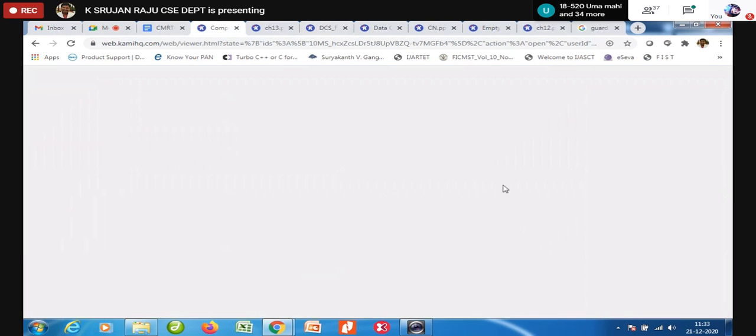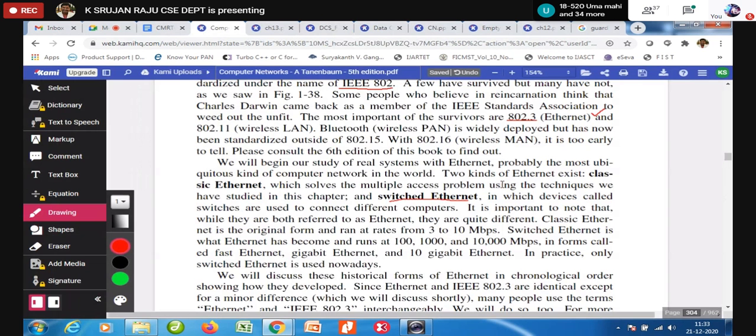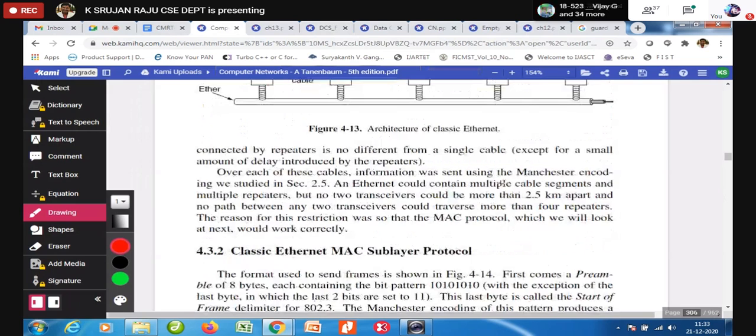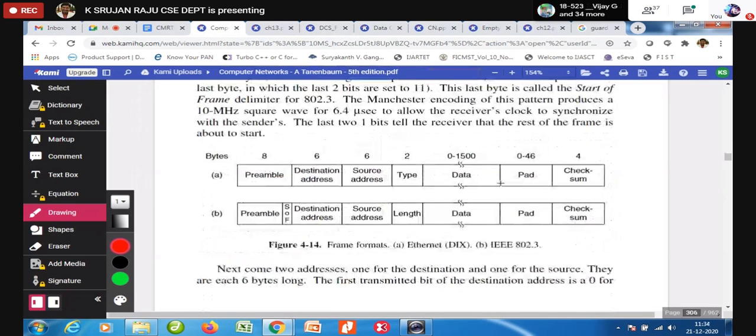Note down that preamble, which is the start of frame. Then destination address, source address, length, data, pad, and checksum.